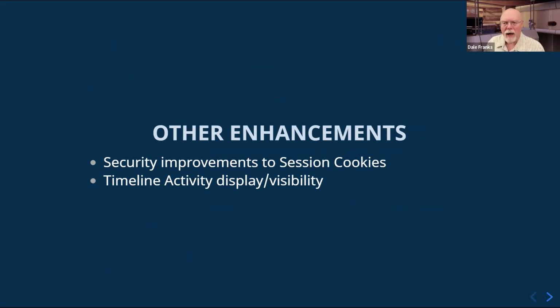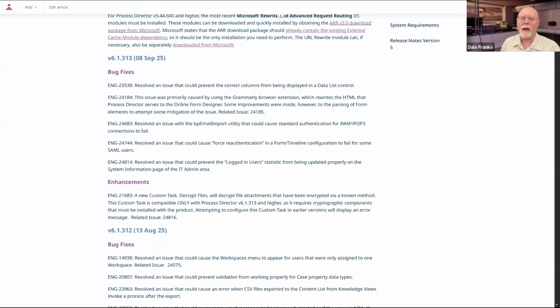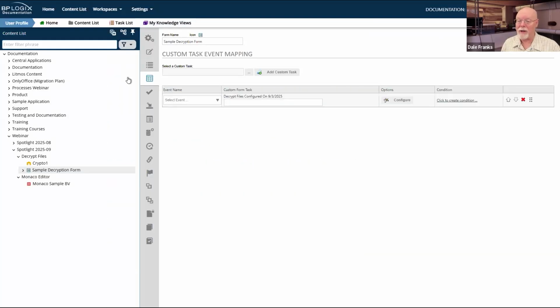Timeline activity display and visibility. So here's the thing. Whenever you are in a process timeline, so let's switch over and, well, I didn't want to switch over to that. I wanted to switch over to here. Let's take a look at what we're talking about.